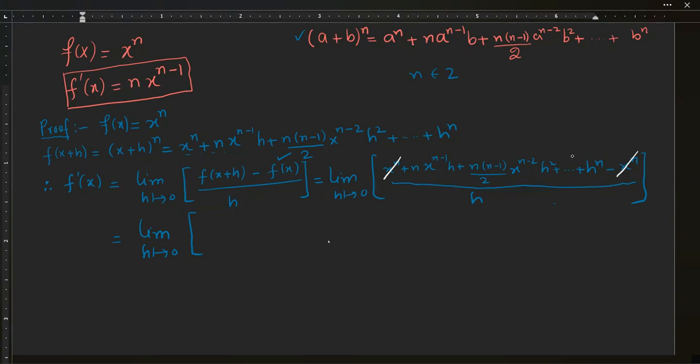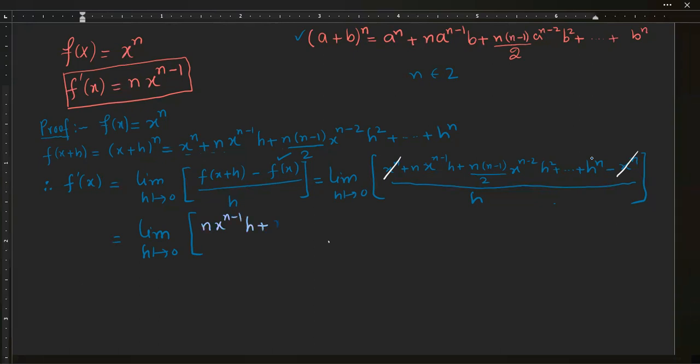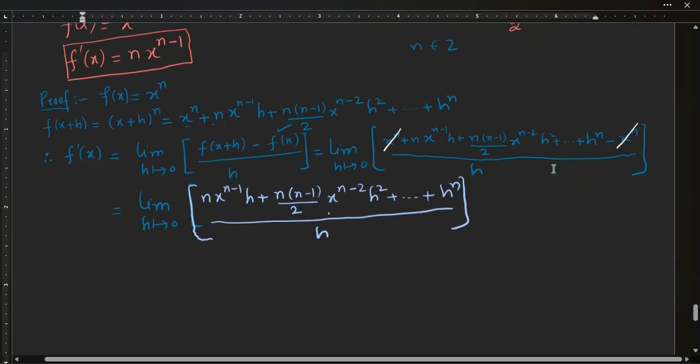We are left with n times x^(n-1) times h plus n times (n-1) divided by 2 x^(n-2) h^2 plus till h^n, and all of this divided by h. दिस इज बेसिकली है।